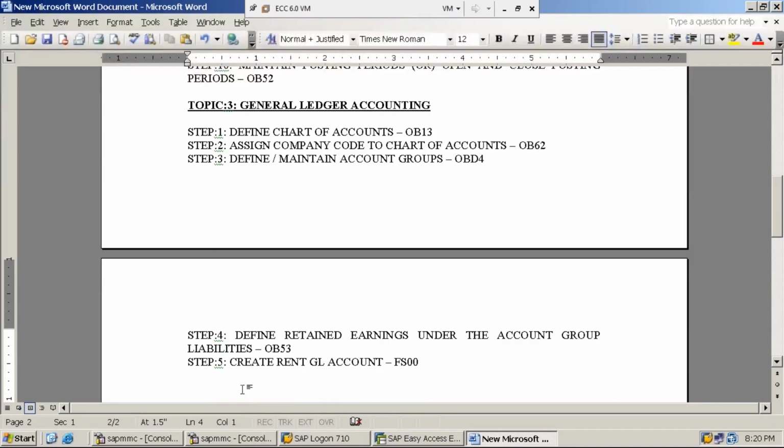So step number 5, create rent GL account, I have mentioned. In this step number 5, there are two sub steps, please take a note.